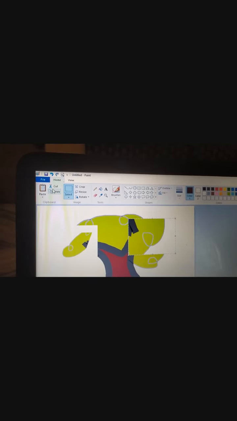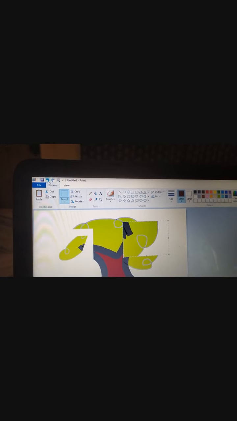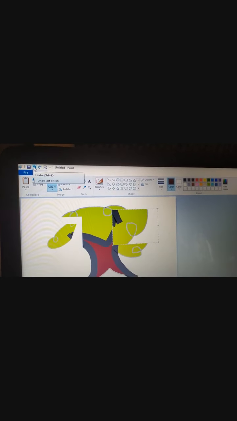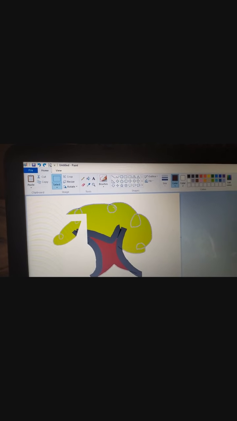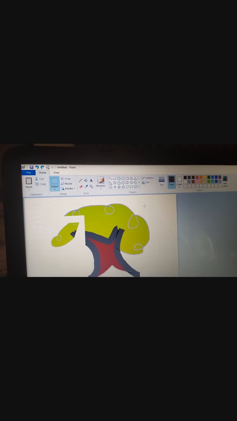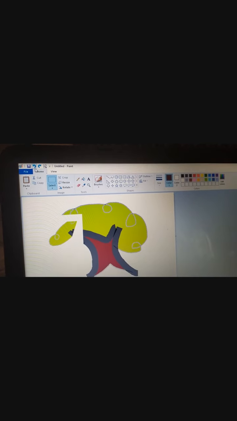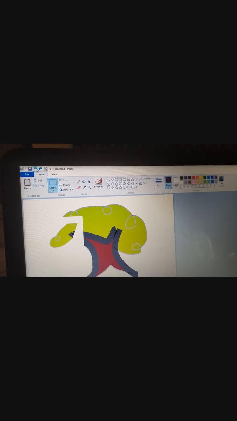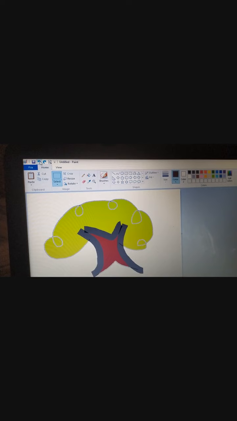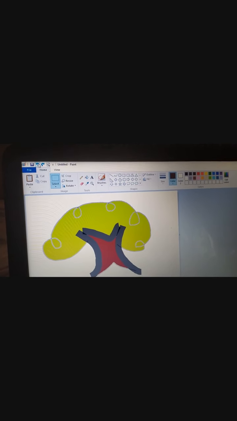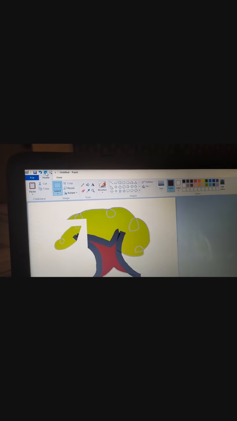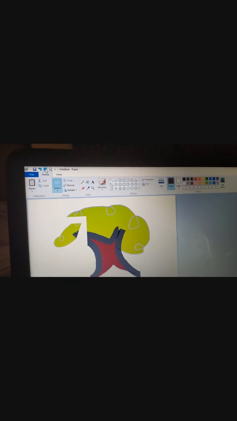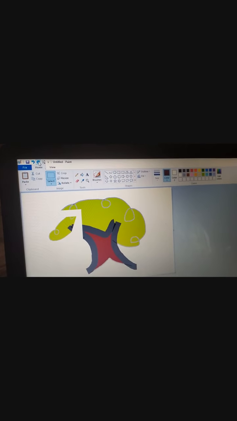Now this one is the quick access toolbar and this one is the undo button. Let us click it once. See, we are getting the previous correct image of the picture. Now whenever we have used the undo button, the redo button activates. If we click the redo button, the last undo action will be reversed.